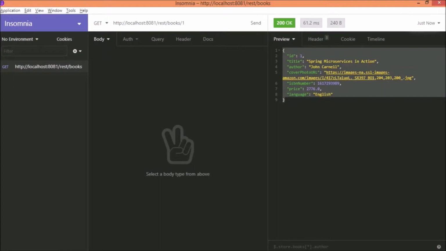What if I want the response in XML format? Then, as per the current implementation, it is not possible. But we can achieve the same thing using content negotiation. Not only the response, we can accept the request also in a different content type. But in this video, I am focusing only on the response.